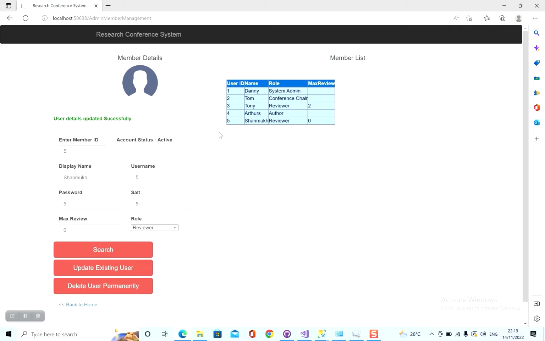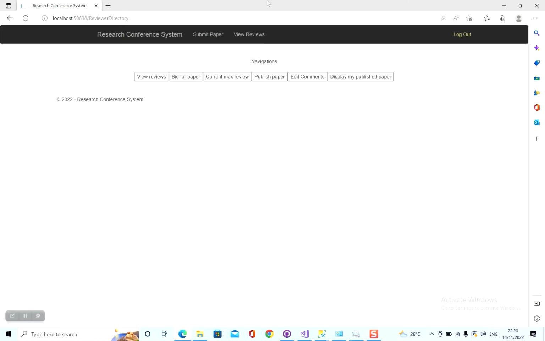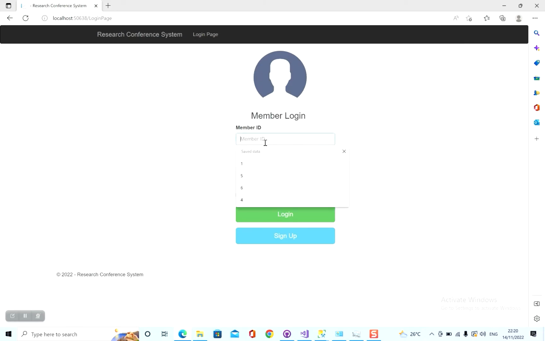Okay, so now let's test it out. So we go back to the main page, and then I'll log in with the new user ID, which is user ID 5, and then the UI, I'll be looking at a reviewer UI because the role has been changed from conference chair to reviewer. Now let me log back in with the admin module,